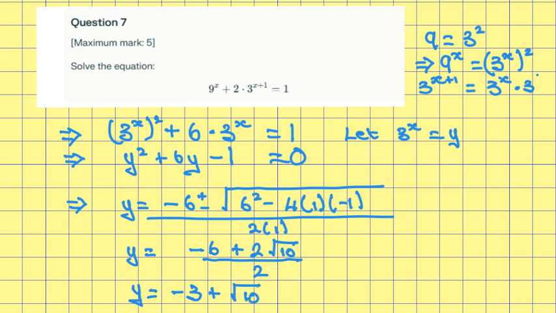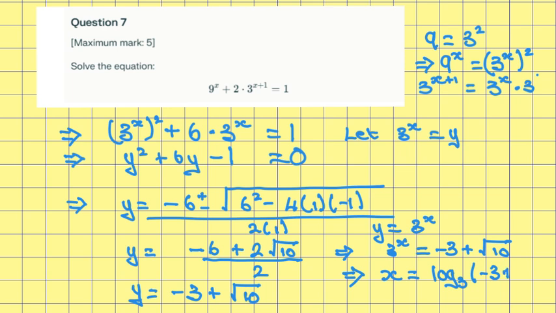But that's not the end of it. y is equal to 3 to the power of x. So therefore, 3 to the power of x is equal to −3 + √10. Therefore, x is equal to log₃, taking log 3 of both sides to get x, log₃ of −3 plus root